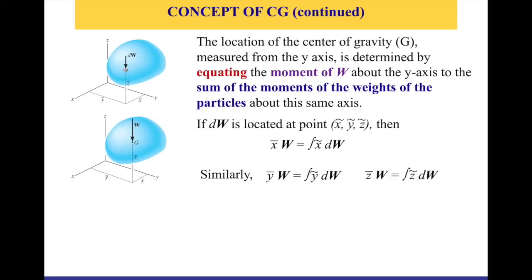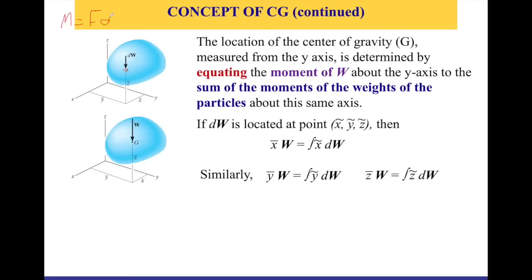The location of the center of gravity is measured from the y-axis. In that case, we can determine it by equating the moment of W, the resultant or total weight of the object, about the y-axis to the sum of moments of all the weights of the particles that make up the body about the same axis. So what do we mean by that? Remember that we'd like to equate the moment. From the previous discussions, we know that moment equals